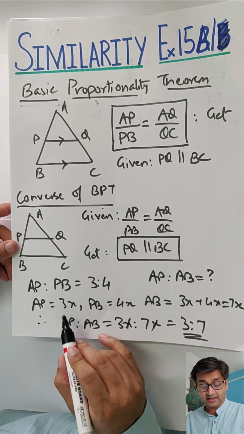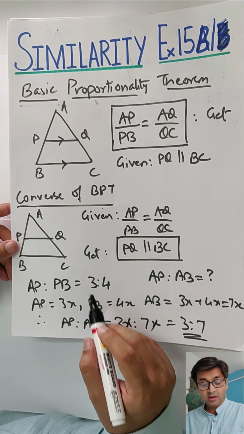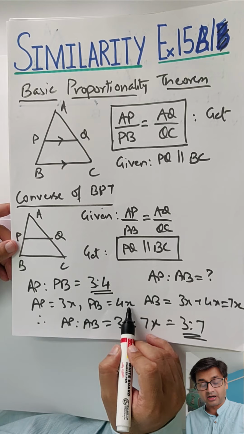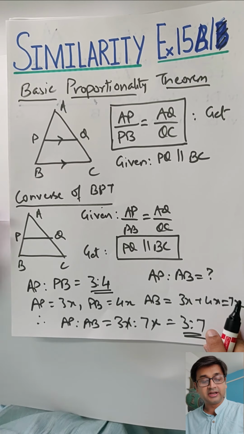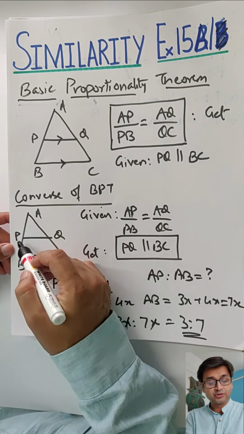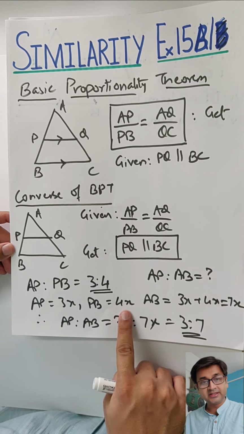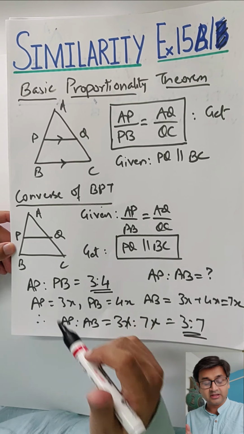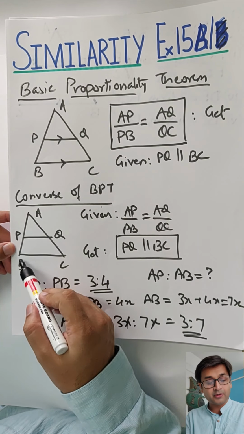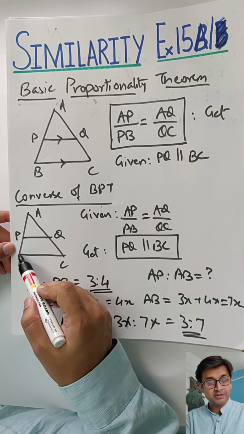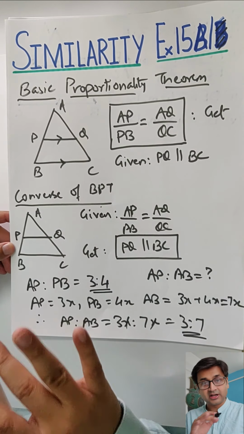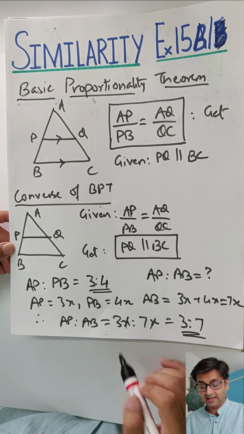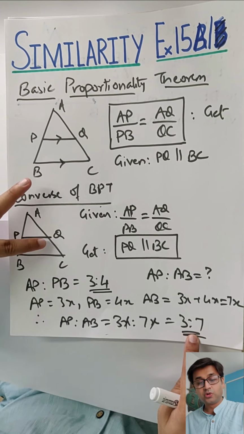You can't directly say that AP is 3 and PB is 4, because this has been reduced and then got over here. So the original number is a multiple which we don't know. So you cannot directly assume AP as 3. Assume AP as 3x and PB as 4x. Get 7x and then go about with this. They can ask you anything over here: PB upon AB, AP upon PB, AP upon AB. So whatever they ask, if you use the X method, in the end you can substitute the x's, cancel the x and get your answer. So, two major things.